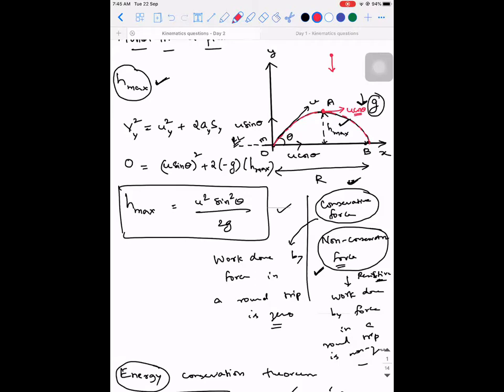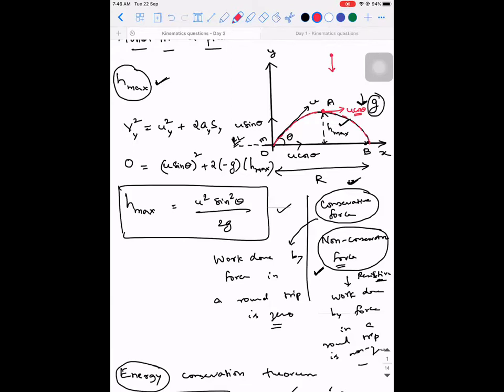So make a clear note of this. Whenever you have a projectile motion, the horizontal component of velocity is always a constant, because the velocity of an object can be changed only if it is accelerating or decelerating. Since there is no horizontal force acting on the system, its horizontal velocity is always a constant. I hope you're able to understand this. Yes or no? Yes, sir.